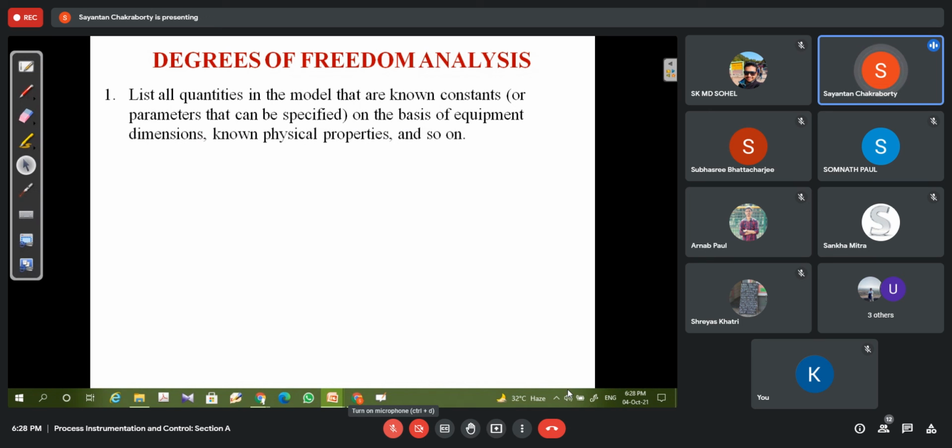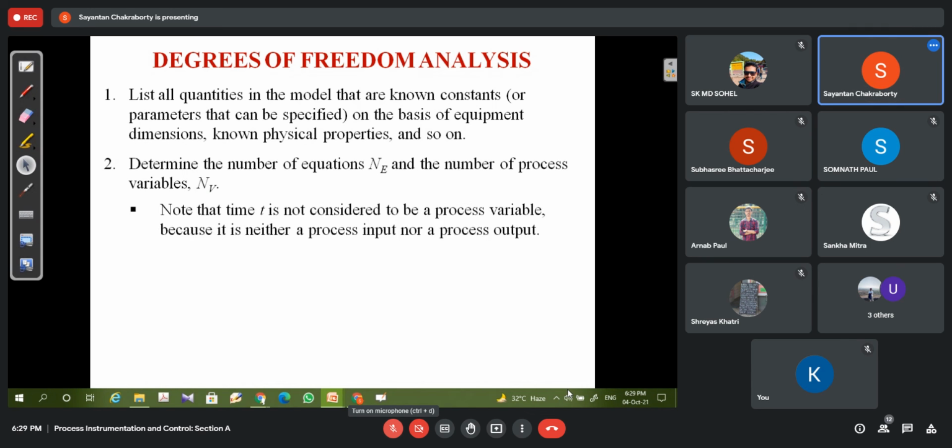You have to list all the quantities that are known or constant and can be specified, on the basis of equipment dimensions, known physical properties, and so on. Then determine the number of equations and the number of process variables. And you should keep in mind that time you cannot